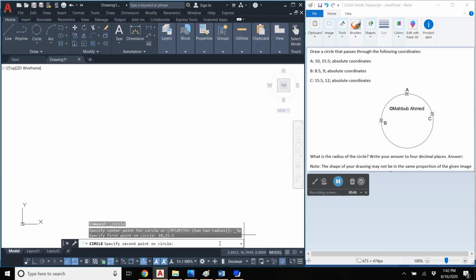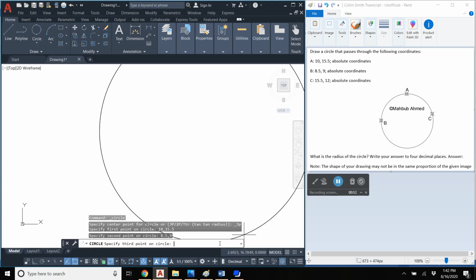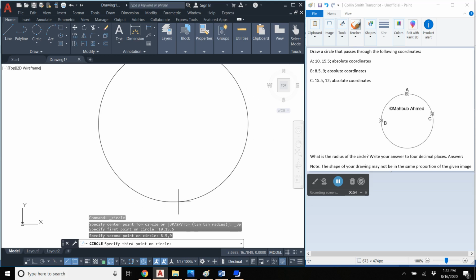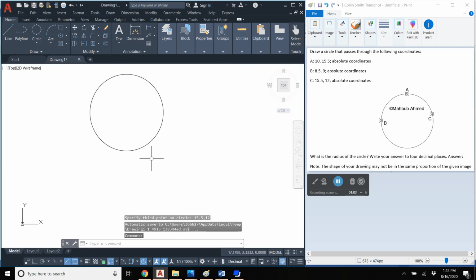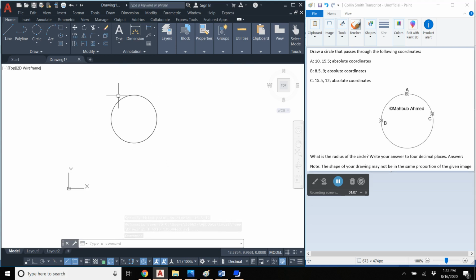Press enter. Next point is 8.5, 9. Press enter. And then the last point is 15.5, 12. Press enter and adjust your view by simply scrolling your middle mouse button,